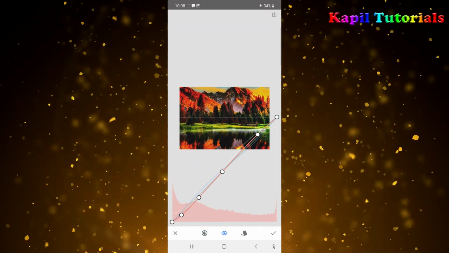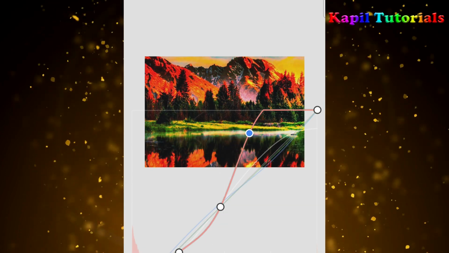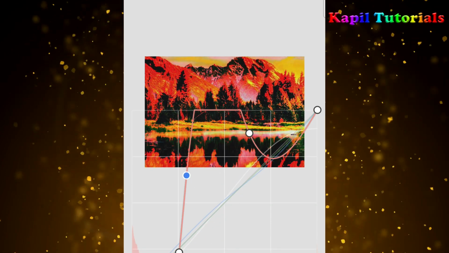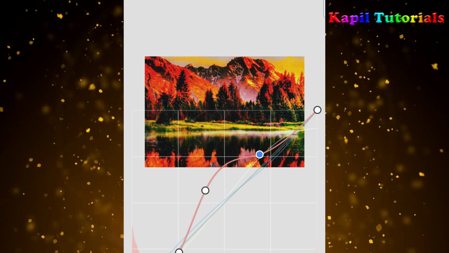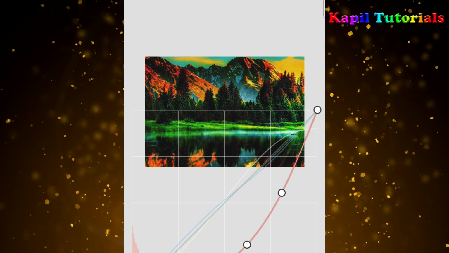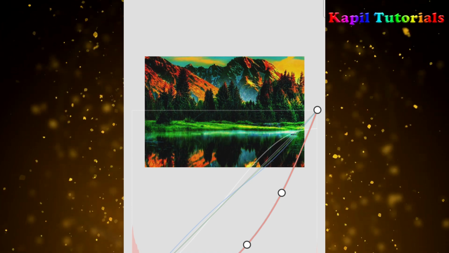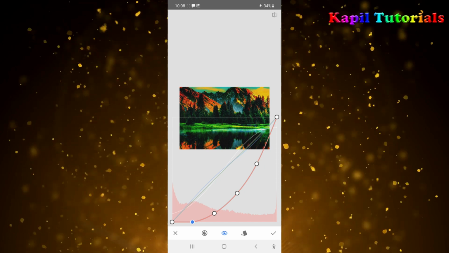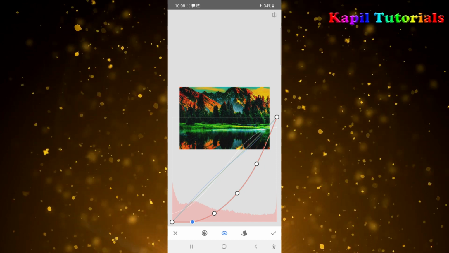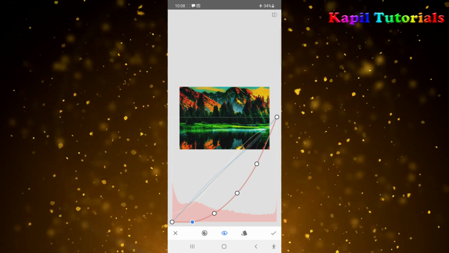Red color I am clicking. Now it will only control the red color. Just see the difference now. See? Just see the difference. It is only affecting the red color. So you can do multiple changes in one color without affecting the other colors.